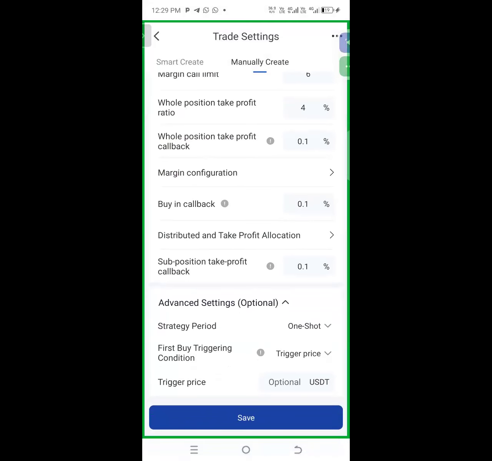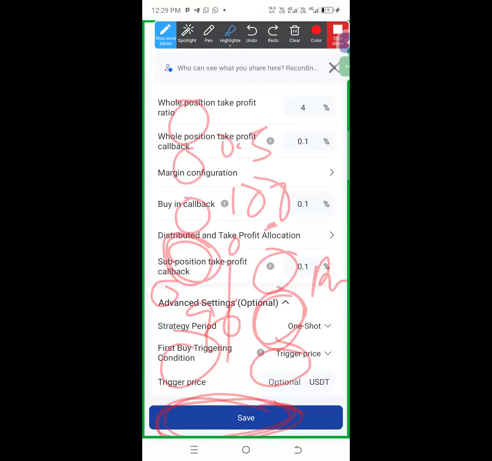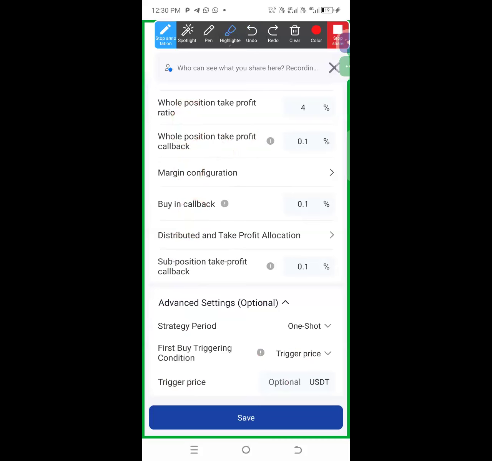Then the first buy trigger condition, let it be on trigger price as it is. If it happens that you have a preset price, that is when you can enter the trigger price here. When we say the trigger price, it is the price at which you want the trade to be bought. So let's assume the current price is 108. BTC is 108. But you want to buy it at, let's say, 103. So your trigger price condition will be here. That will be the value of your trigger price. So you will enter it here as 103,